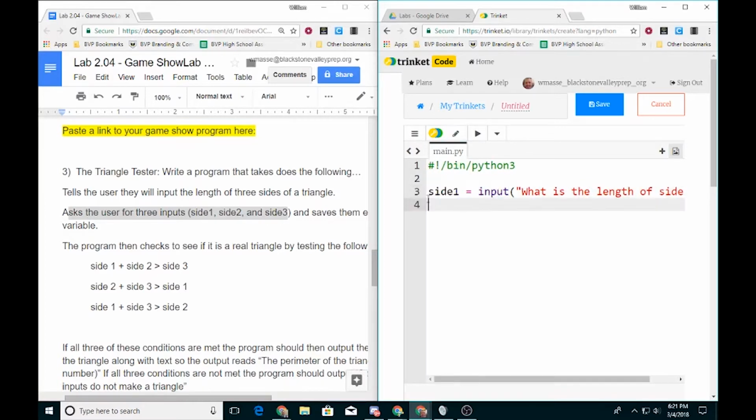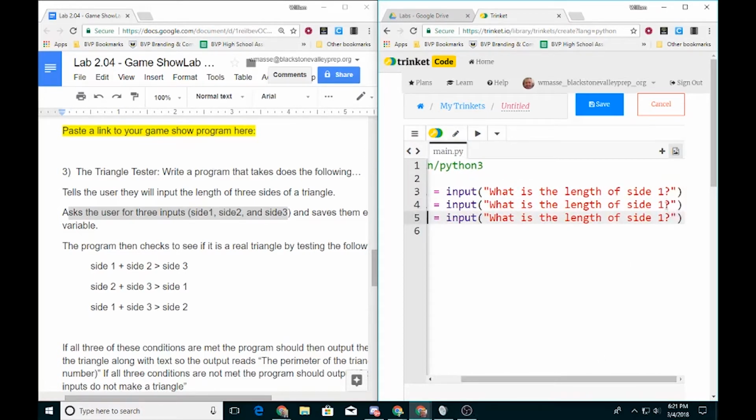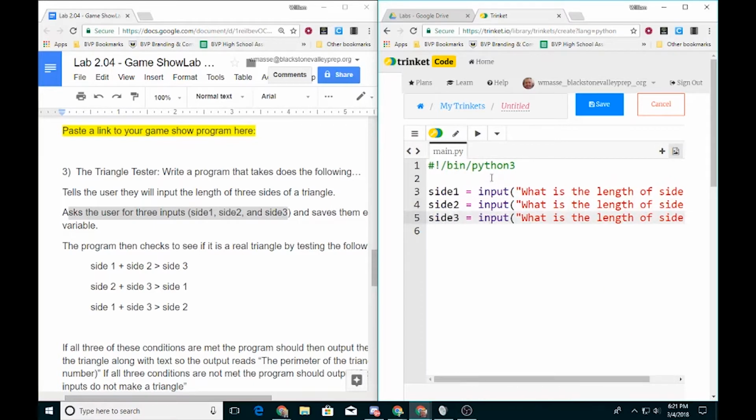And we're just going to do this for all three sides. So let's just copy and paste this and change it to side2, side3, and update the text accordingly. So this will grab the length of each side from the user